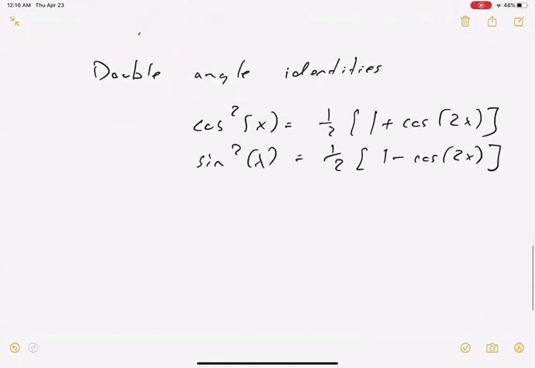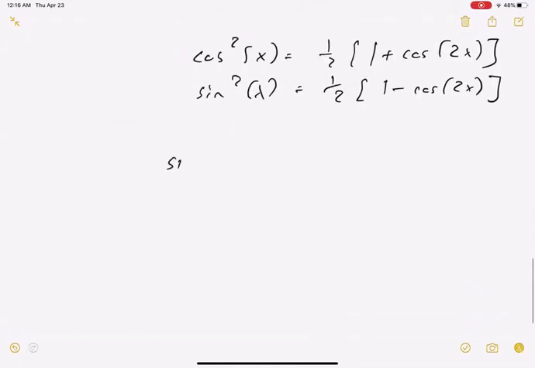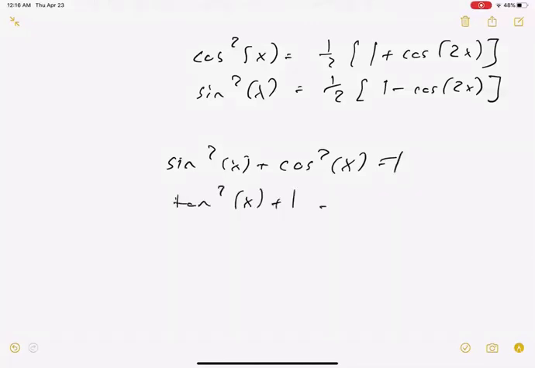And then the usual trig identities, like sine squared. And then what do we have? Tangent squared of x plus 1 equals secant squared of x, I believe. Okay. So just a quick example of these trig integrals. Let's say I wanted to do